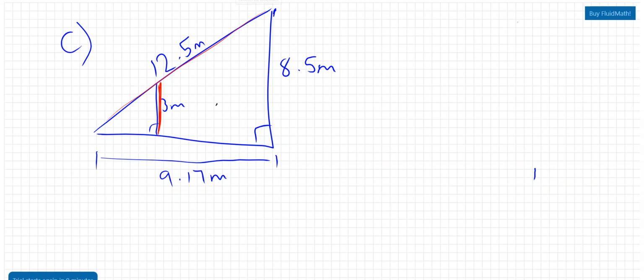All right, so now to find, so how far from the wall is the metal support now? So we want to find from here to there, we can call that X. That's what we are trying to find. Now, once again, to find that length, what can I do? Just brainstorm. Okay, to find that length from here to here, if I know the longer length is 9.17 meters, and I want to find this length, if I can perhaps